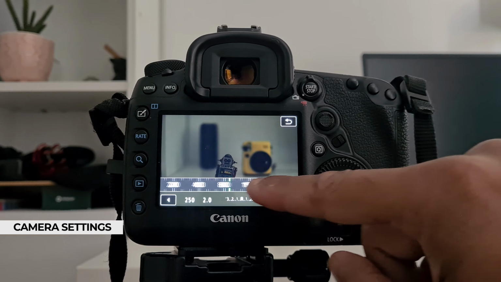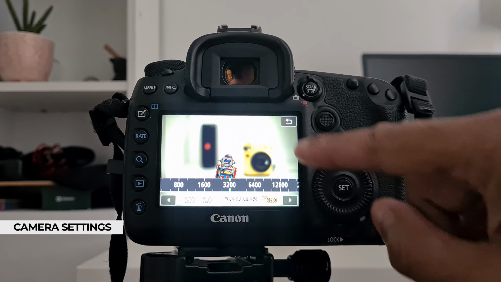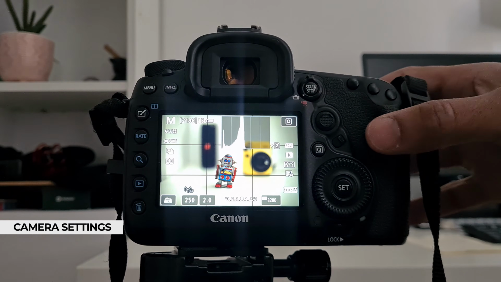You can go into your menu settings and set your dials to do a specific thing. So on my camera, I've got my front dial that does shutter, my back dial that does aperture, another back dial that does ISO, so I can then change those settings very, very quickly.